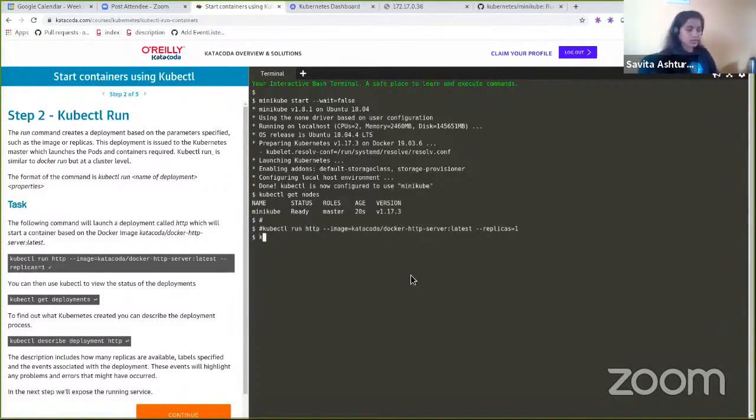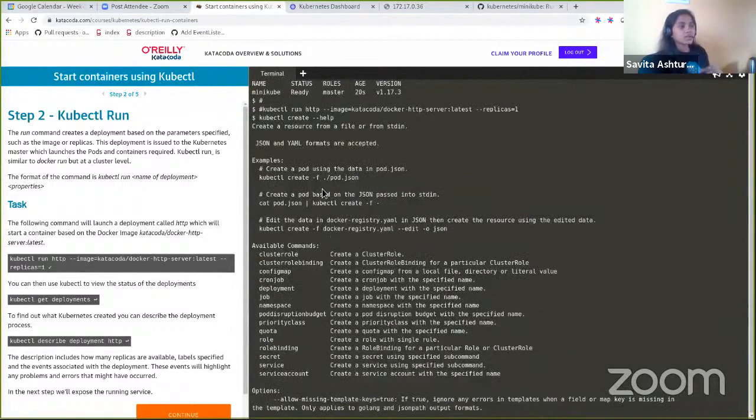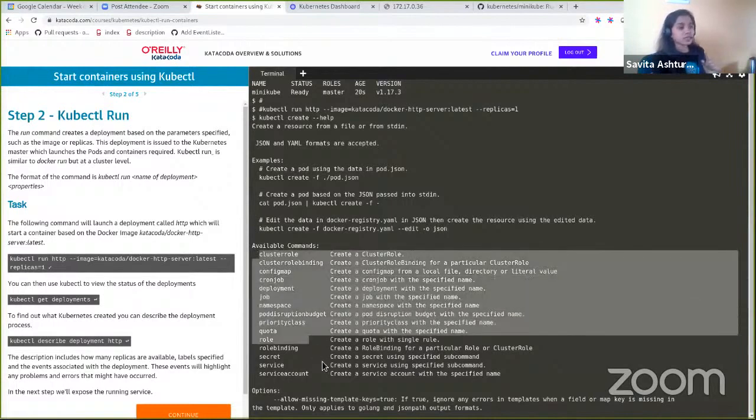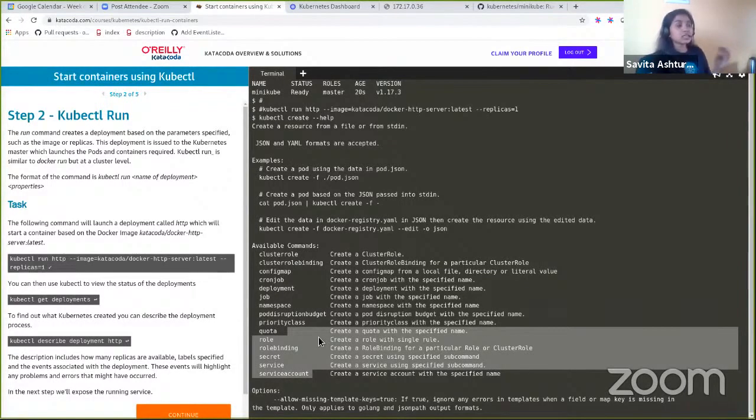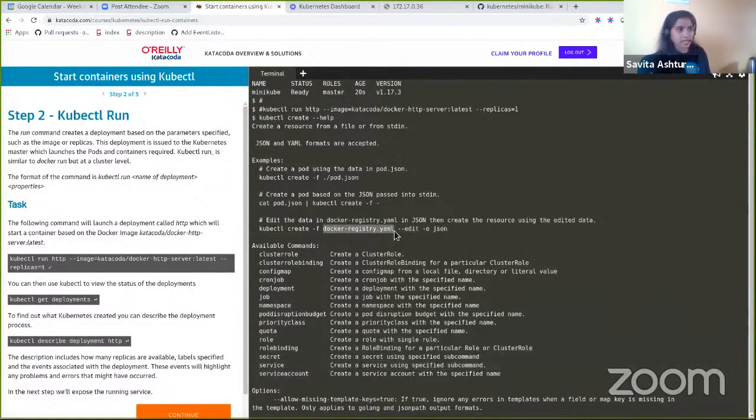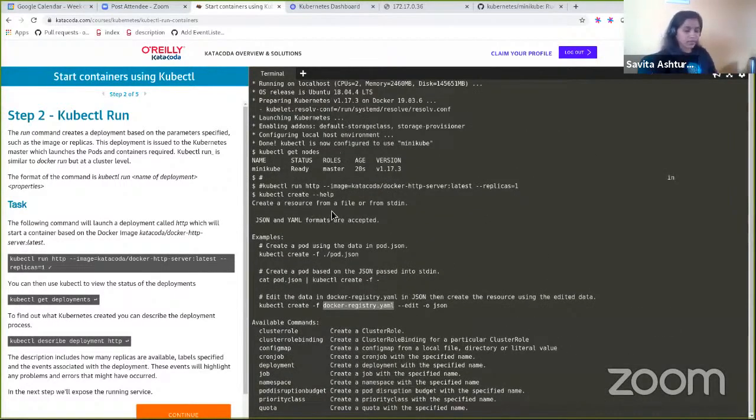To see what options are available as part of create, we can check it this way, and see how I can make use of this create command. Another difference is that create is not only allowed to create a deployment, there are a lot of things I can do with the create command. I can create a namespace, config map, secret, roles, everything. It is a general create command. And we can even specify a YAML file entirely to create an object. So this is one thing. But with the help of run,